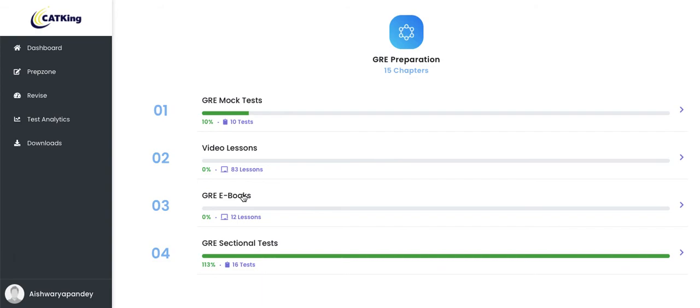So for the next 2 months, all you have to do is stick to this, and I can guarantee, if somebody completes this entire dashboard the way I give you the schedule once you join on board. So what happens is, once you join the course, you get on a Zoom call with me, I explain to you, I give you the schedule, every weekly schedule. You have to follow that schedule and you have to follow this dashboard, and nobody can stop you from getting a 320 plus in your GRE.